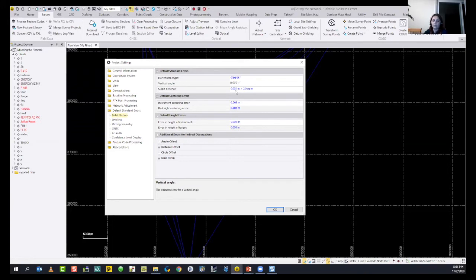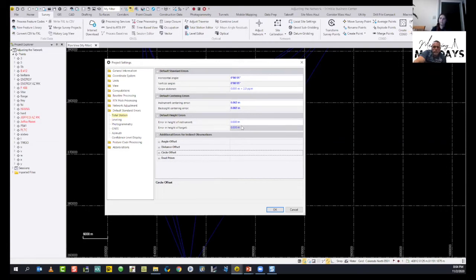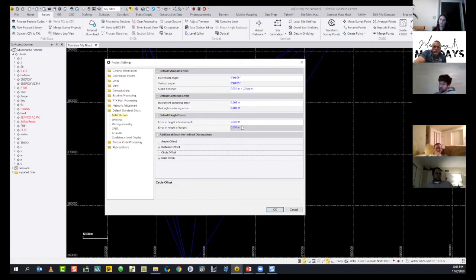I'm not going to change the slope distance. And the default height errors, error in height of instrument. So this is something, you know, you have a tape, you try to measure your instrument or measure your prism, your pole.